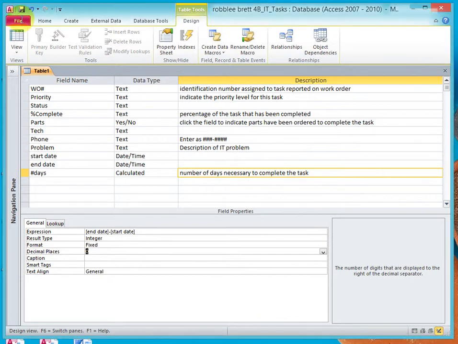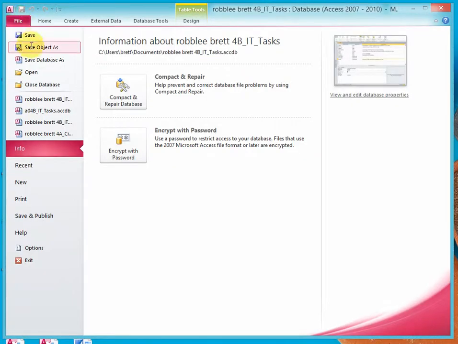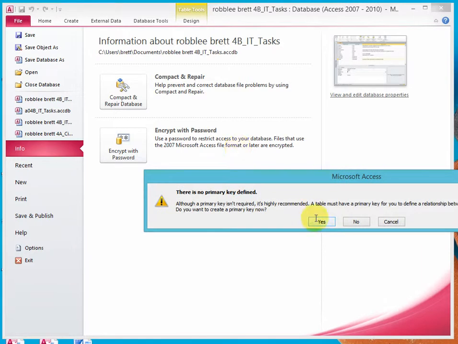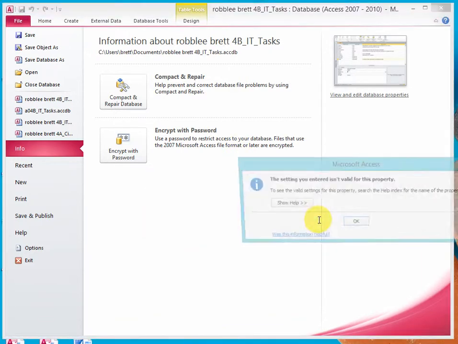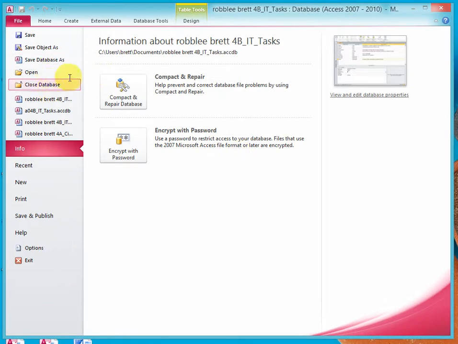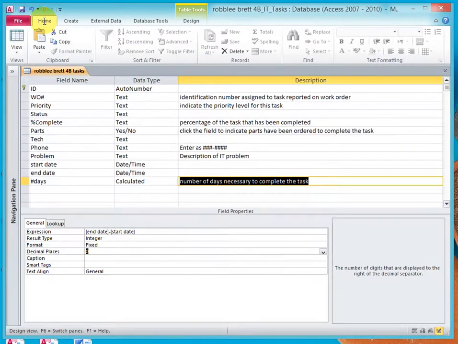And then I'll go to the backstage and save this object as last name, first name for the tasks as table. Oops, there is no primary key defined. I did forget that. So I will go back to home,